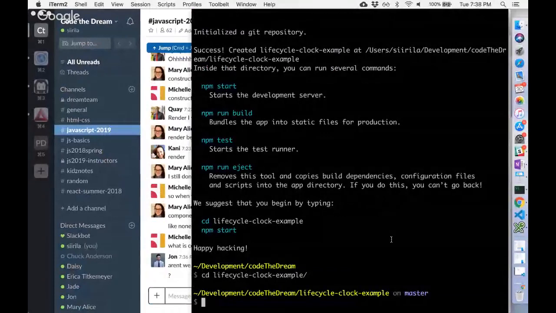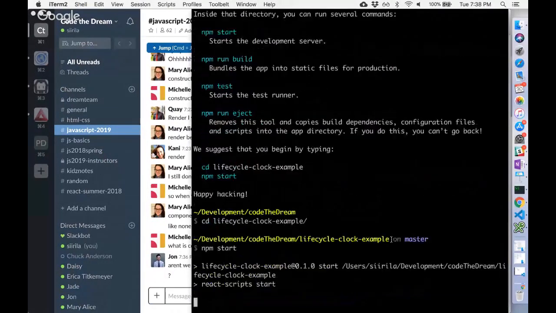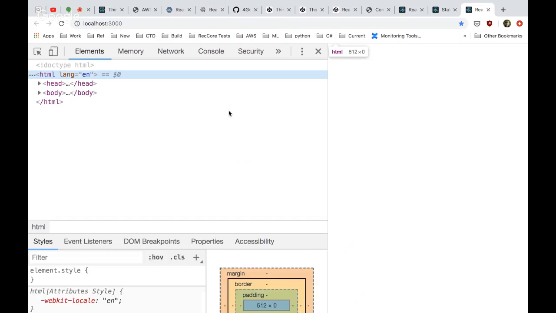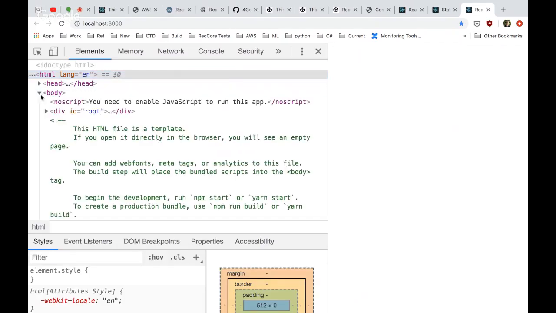But all right, so let's see. I'm going to npm start this. See what we have. Wait it out, and we should have pretty much nothing that shows up. And that's what we see.